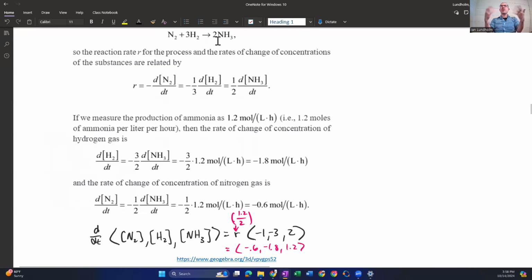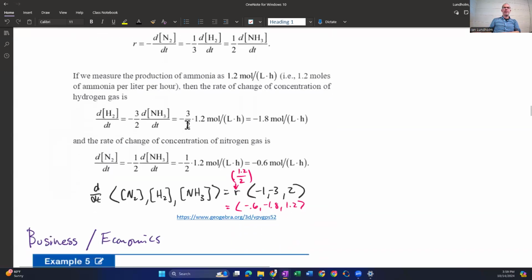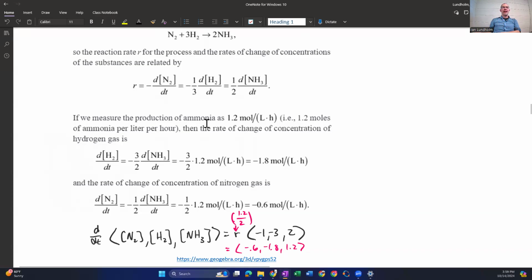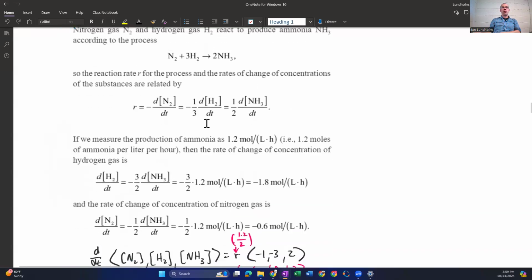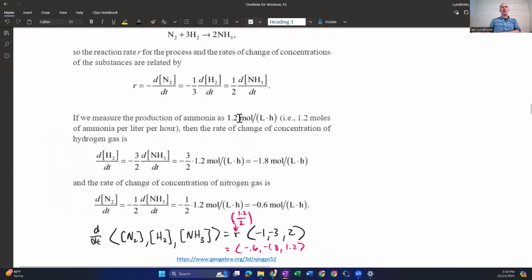And the reaction rate is just a constant kind of thing. We can scale it up or scale it down, but it doesn't really change overall. So if we are measuring the amount of ammonia at 1.2 moles per liter hour, then